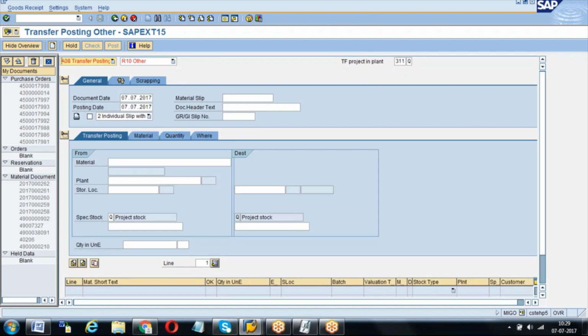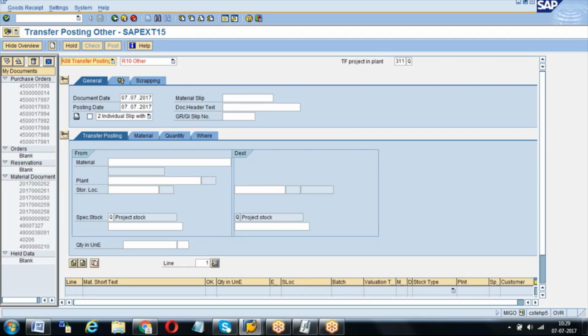Okay, we use 561. Another case, 5 to 10% of cases. I did it many times when I was working in Asian Paints. What will happen? The system stock is 8.9, but physically they have used 10 kg and the process order is completed. We are doing the entries. I was working as a PP end user. When you do the PI sheet entry, I need to give 10 kg, but the system stock is 8.9.